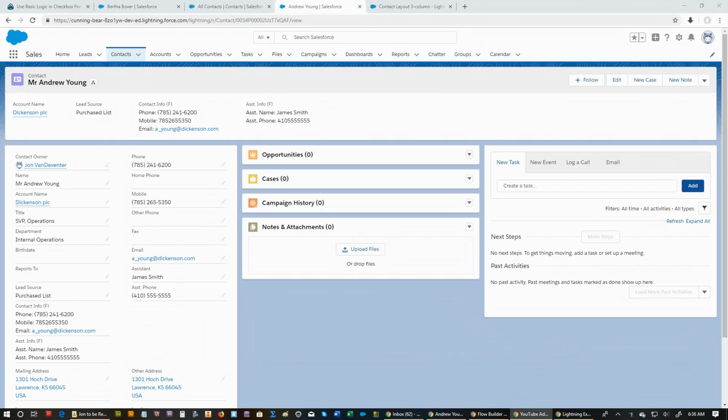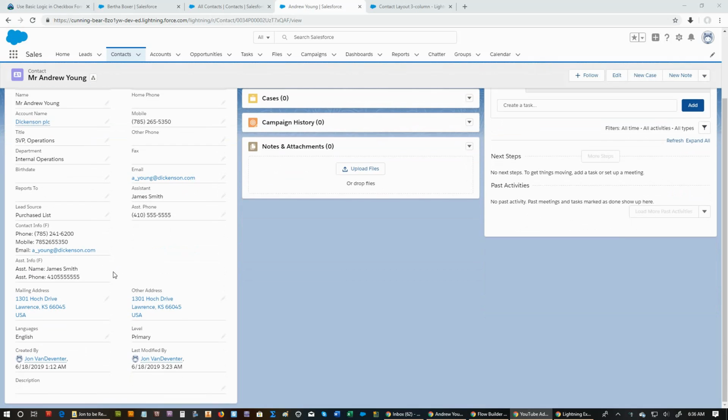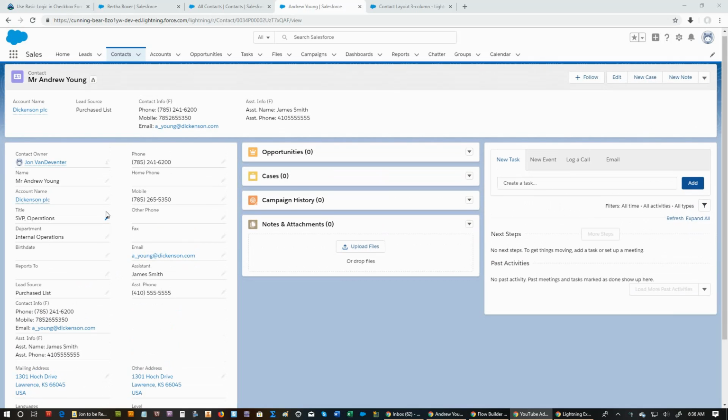Alright, in this video I really want to focus on some layout items, and when I say layout items I'm talking about what I see over here as well as what I see up here. And I'm going to start with just what we see over here. Right now this information to me is quite a mess, and the reason I say it's a mess is visually